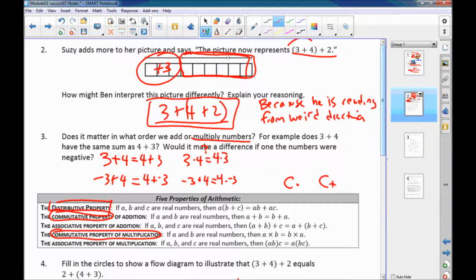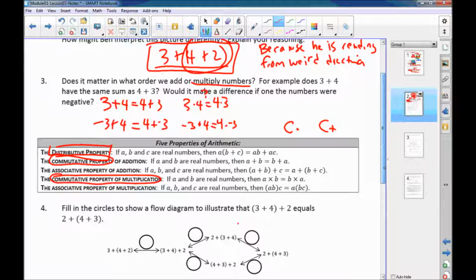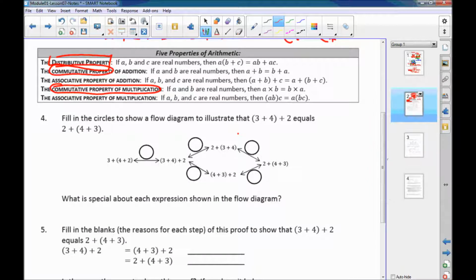So here, the parentheses would say do it first, so 7, and then plus 2 is 9. And here, the parentheses would say do this part first, which would be 6, and then plus 3 more still gives you 9. So the same works for multiplication. As long as you have 3 things multiplied together, you can put parentheses anywhere along those 3 things you feel like. Okay? All right, so fill in the sentence circles to show a flow diagram that illustrates 3 plus 4